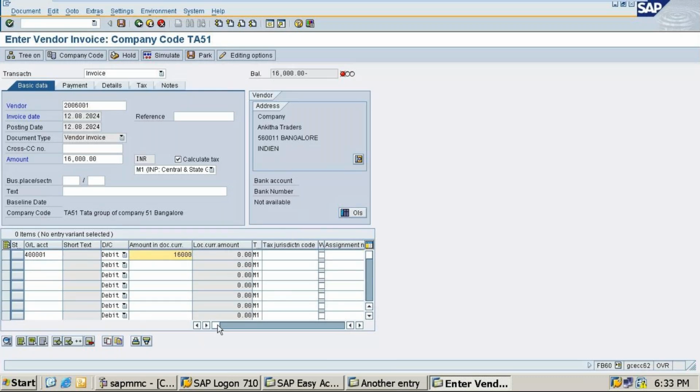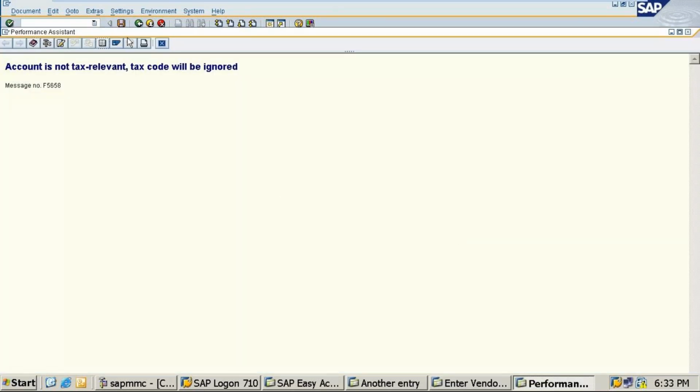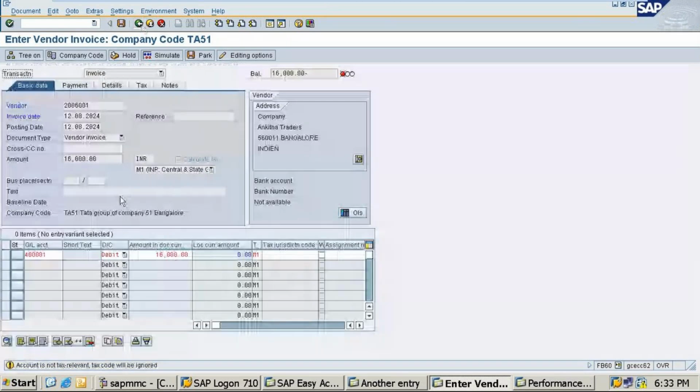Okay, students. I have not enabled the tax for this 4 lakhs.